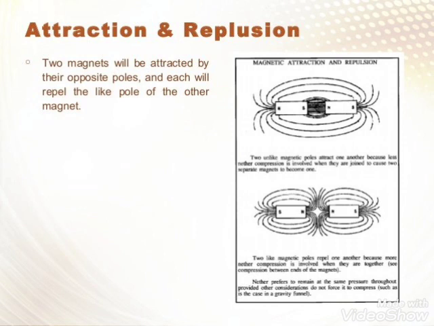You must have observed while playing with magnets that in one direction they get attached to each other, while in the other direction they go away from each other. From this you can understand which are the opposite poles. This gives us an idea about the opposite poles, because like poles, the same poles, will repel, and unlike, different, opposite poles will attract.